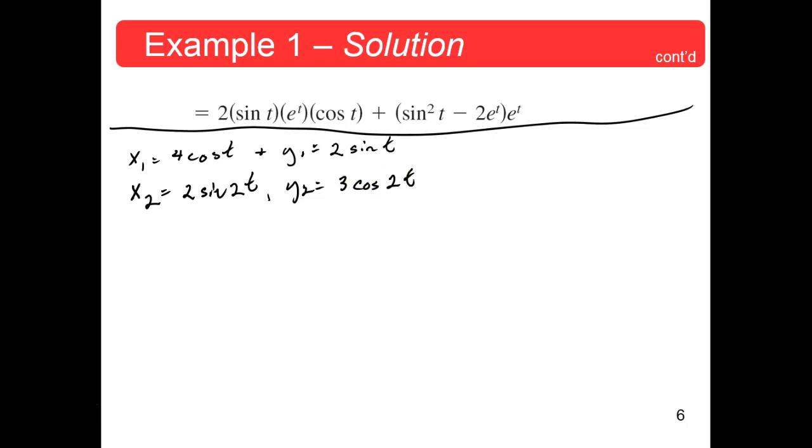First object, subscript 1, second object, subscript 2. Two different elliptical paths, okay? At what rate,